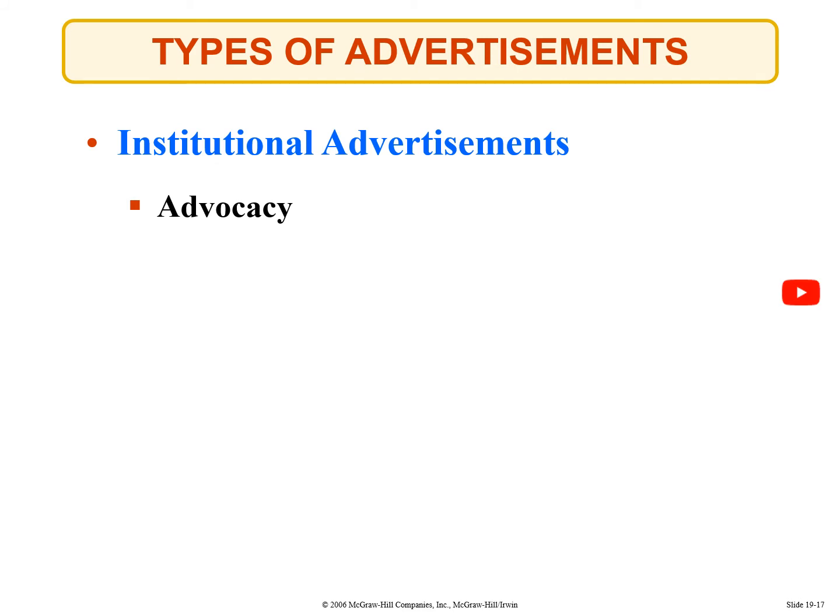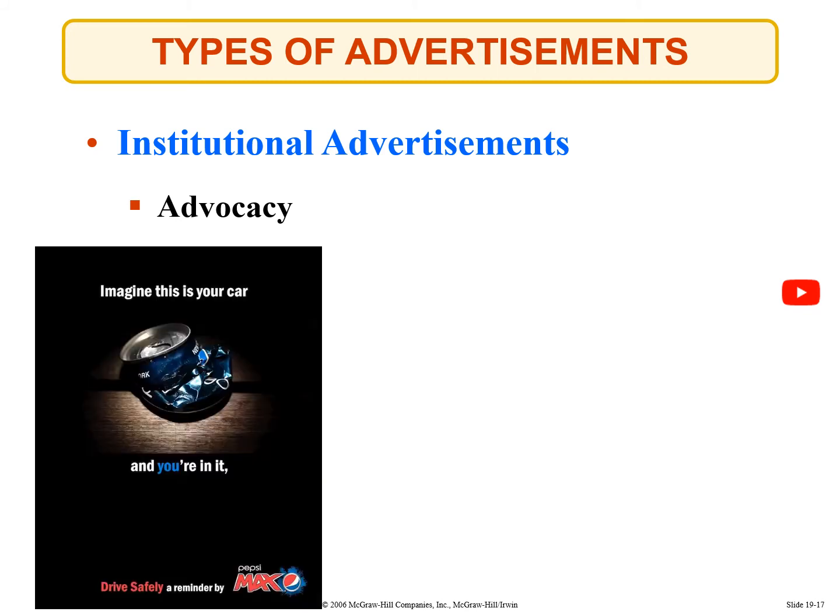So the first one is advocacy. Here, you really advocate for the institution, your organization. You're not selling any products here. You don't tell consumers about the products that you sell, but you just try to advocate for your organization as a whole. For example, if you look at this advertisement, this is an advocacy advertisement given by Pepsi, where they say,